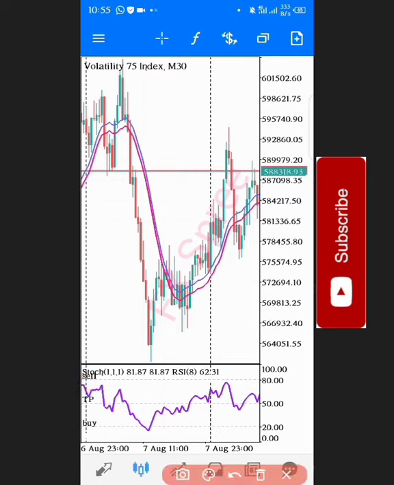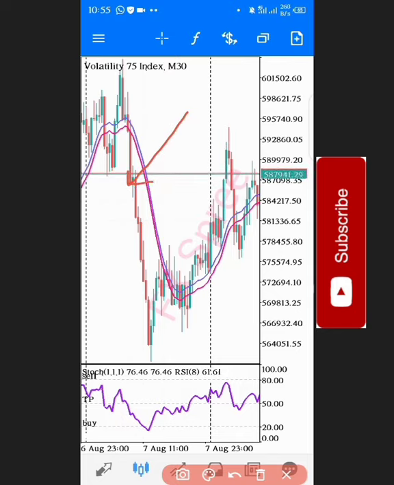When you look at this particular one, this is a good sell here, but we are not going to enter immediately there. We need to wait for confirmation to be sure that we are to enter. So for you to enter this sell that I circled now, what you need to do is wait until you have this.